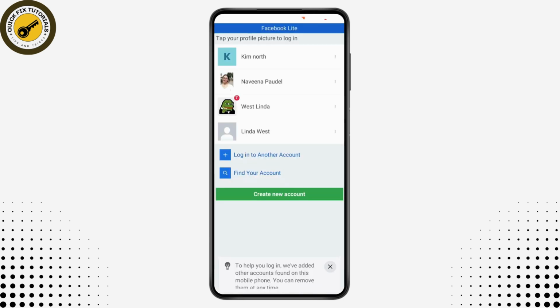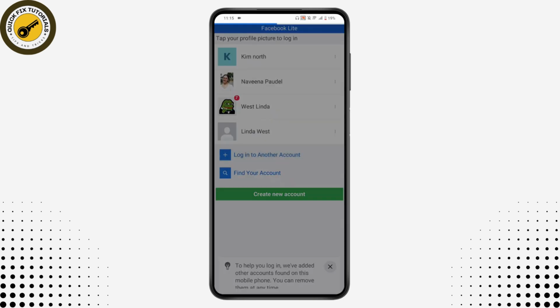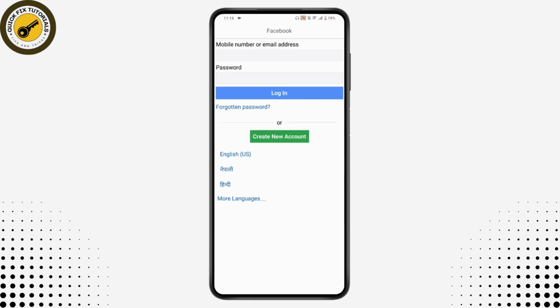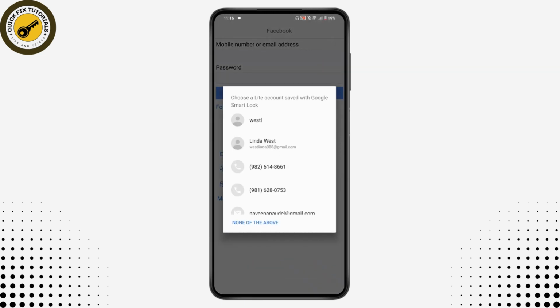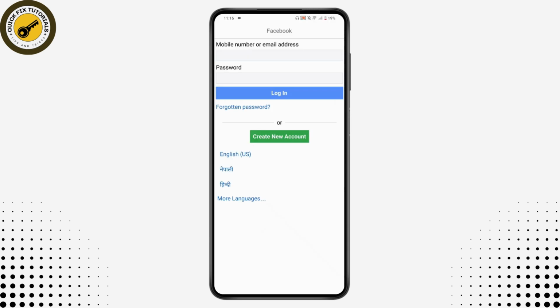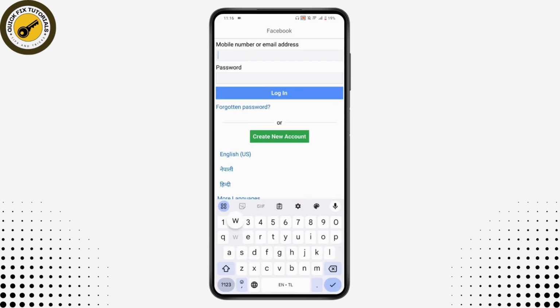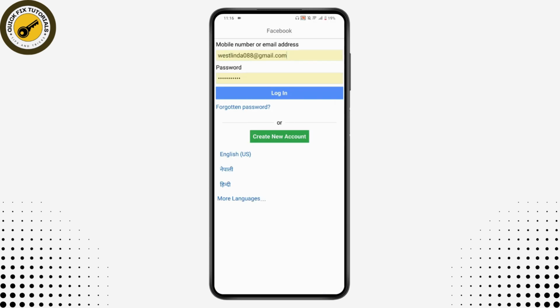Once you've opened your Facebook Lite, now you can simply tap on login to another account, and here it will take you to the login page, right? So you need to simply enter your mobile number or email address on the first blank. And then if you don't remember your password and if you want to recover your password, then tap on forgotten